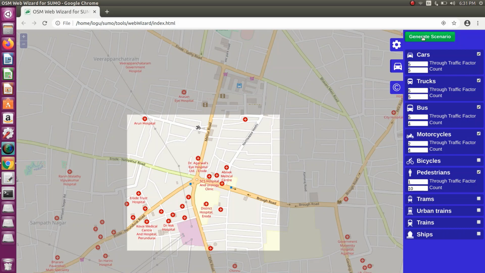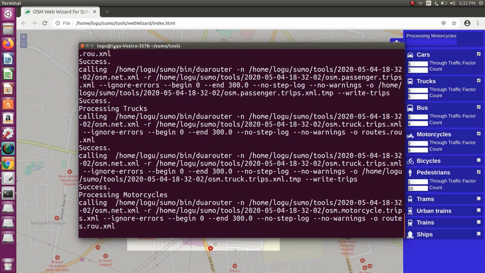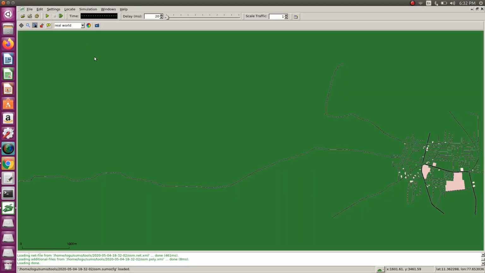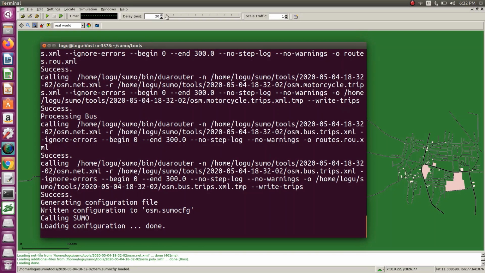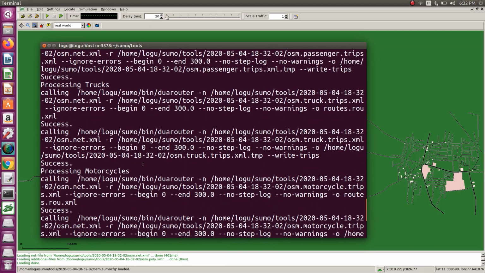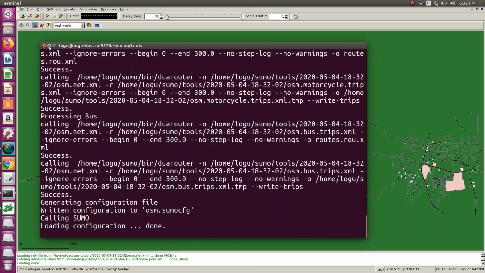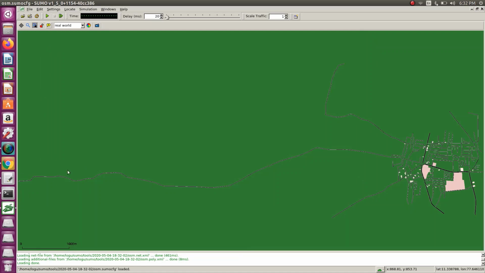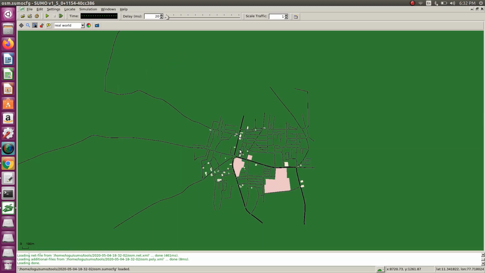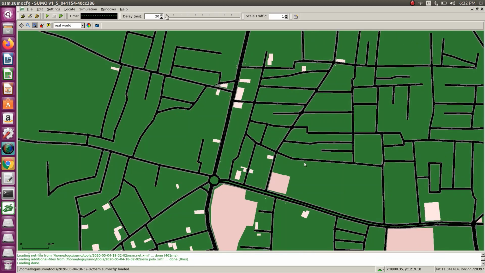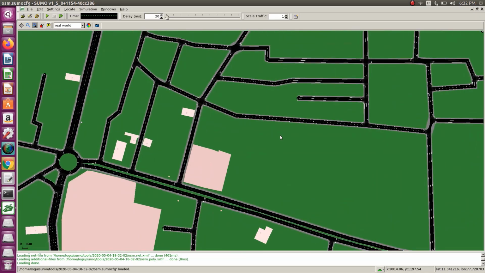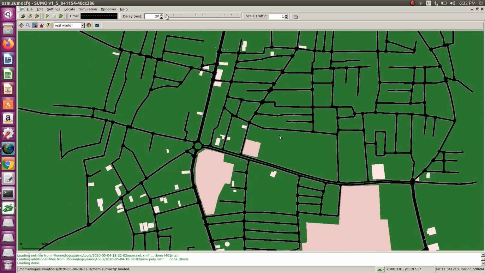So now you are going to generate the scenario. So if you are generating scenario, that terminal window, so like that the code will be executed. So this is a map for your selected area. Okay.